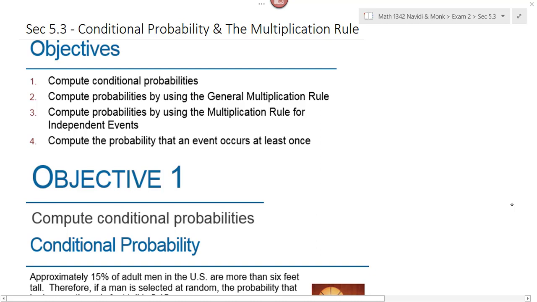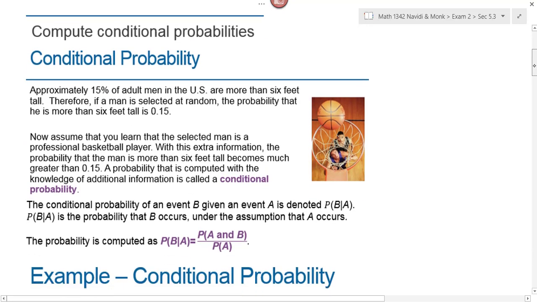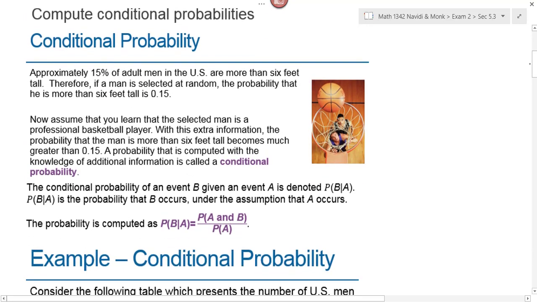Section 5.3 is conditional probability and the multiplication rules. There are going to be 4 objectives that we look at tonight. The first objective is that of computing conditional probabilities. And I don't remember if I talked about what a conditional probability is yet, so we're going to begin by